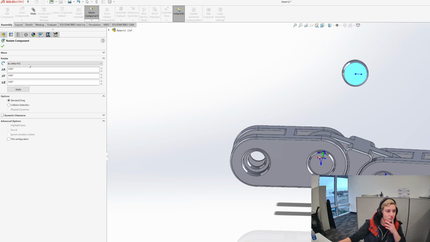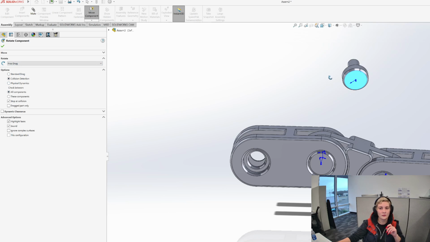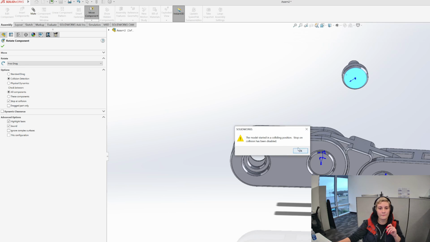if you select the first option again, it's free drag here, and I have just standard drag, so that means I can just move it around. It's going to move around its own axis when you do this. So see how it's moving all over the place, but it's rotating around its own axis. It's not actually moving back and forth in space. So then collision detection, that one,